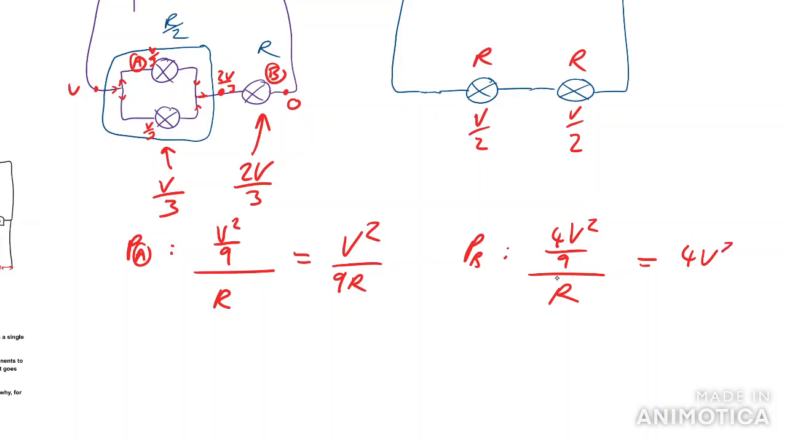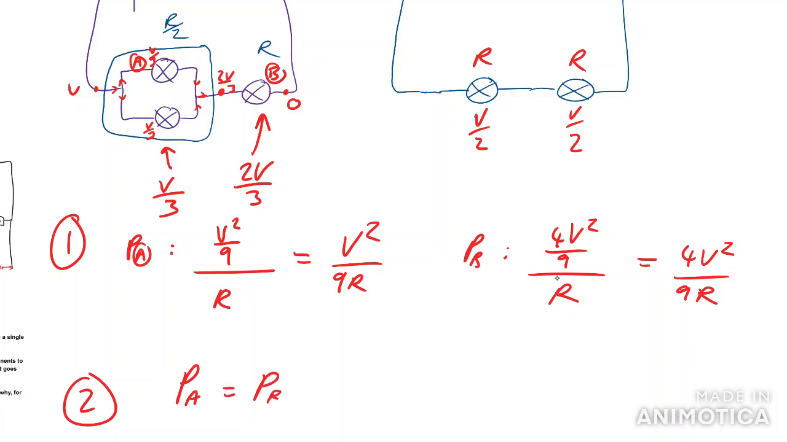So 4V squared over 9R. Okay. Now, that's the first setup, and then the second setup. Well, just looking at it, both PA equals PV equals V squared over 4R. I believe just cutting V squared over R. And so what's happened? Well, PA, so in other words,